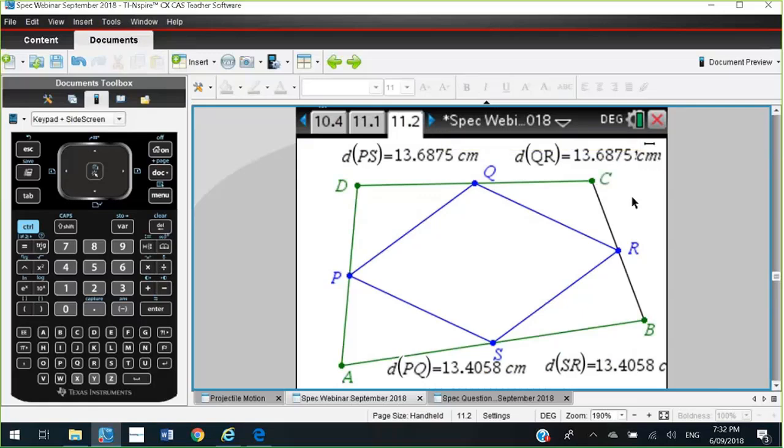Okay, now look at this. I've set this one up, A, B, C, D, as the green quadrilateral. And then I've got the midpoints Q and R and P and S. And I've measured the distance from P to Q and from S to R. So I can move all these points around